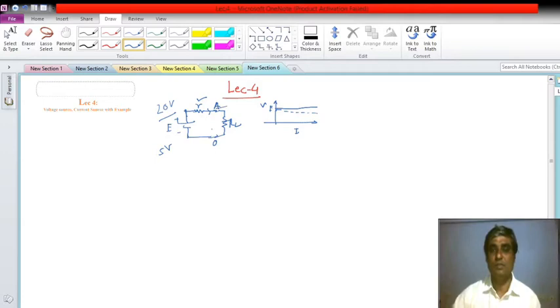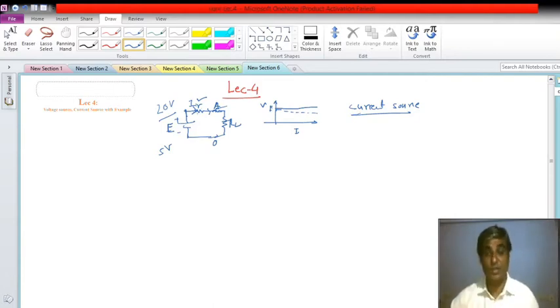Now, in order to understand the current source, we have also seen this from another perspective. Let's say there is a switch, and if the switch is open, then what will happen? Your VAO will be equal to the E value, or the battery voltage value, right? And instead, if I connect this switch, what will happen? There will be a current flow, and the value of this will be E by R plus RL, and this equation we have interpreted in another way.